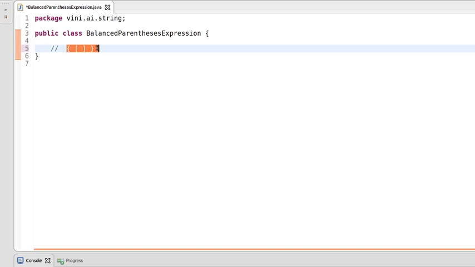And also, if we have an expression and the length of this expression is even, see, we have 3 opening parentheses and also 3 closing parentheses. In that case we are not saying in all cases that it's a valid expression. But if our expression contains an even number of parentheses, in that case we will allow the expression to go ahead with